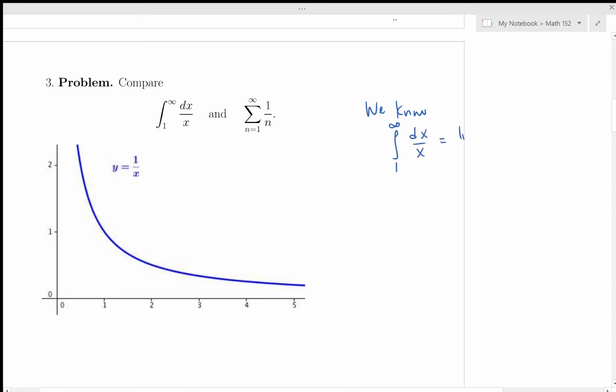That is the limit as t goes to infinity of log t minus log of 1. Log of 1 is 0. Log of t, as t gets large, just continues to grow. This is infinite. The integral diverges. So the area under that blue curve starting at 1 is infinite. Okay. Now I'm going to take a look at drawing rectangles